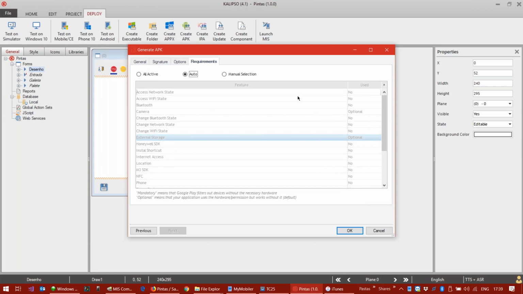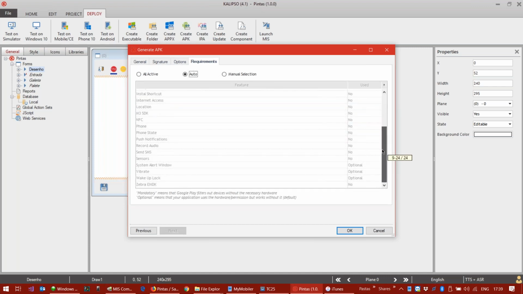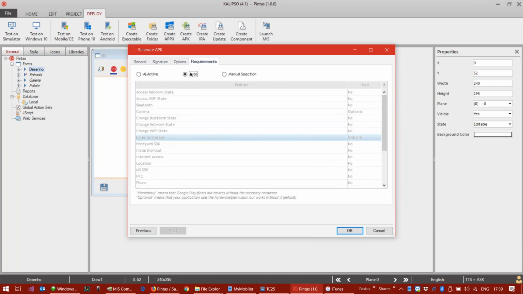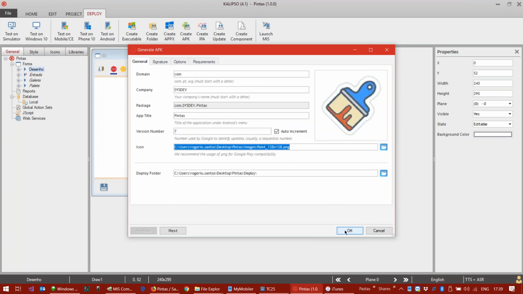Requirements, all the permissions that the application needed. So we can set this either to auto, manual selection, or all active. Then you would press OK, and the APK would be generated. So, in order for us not to have to wait